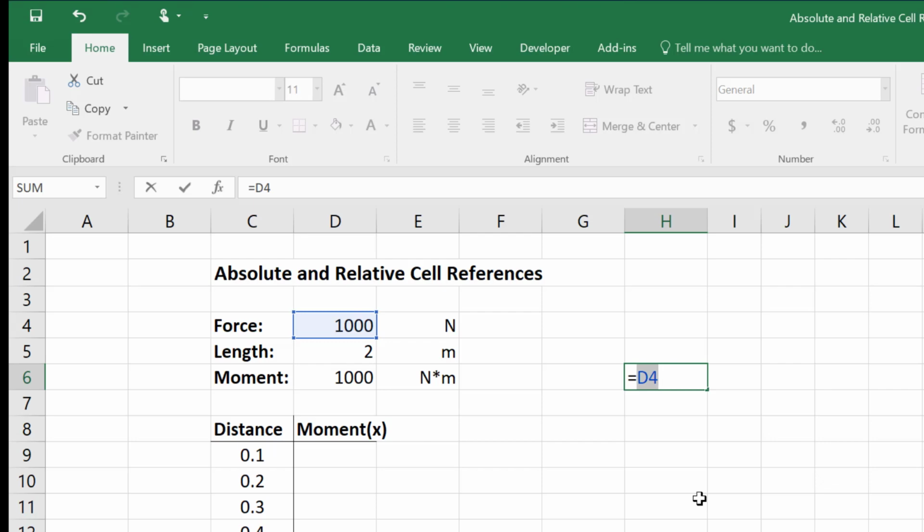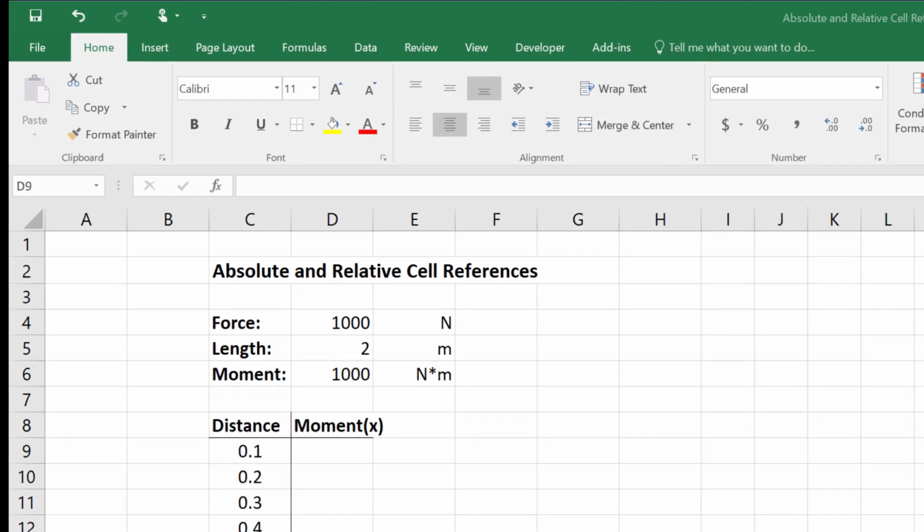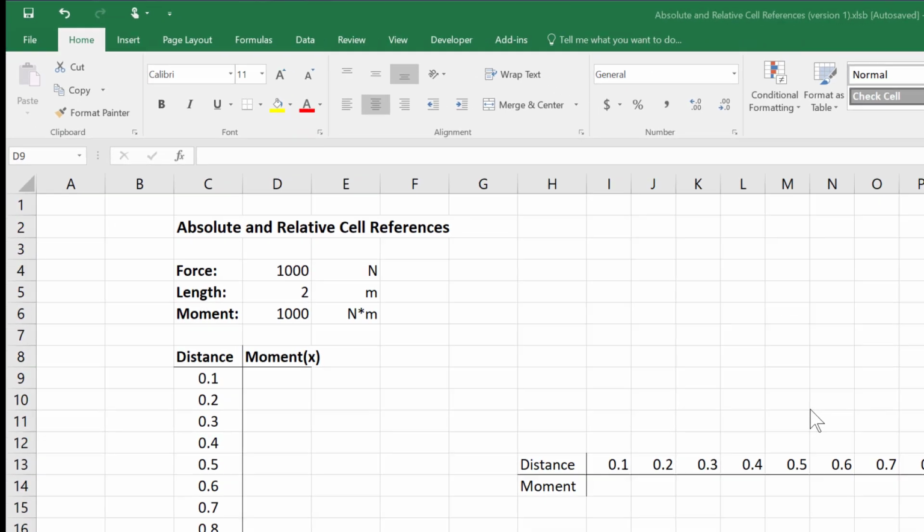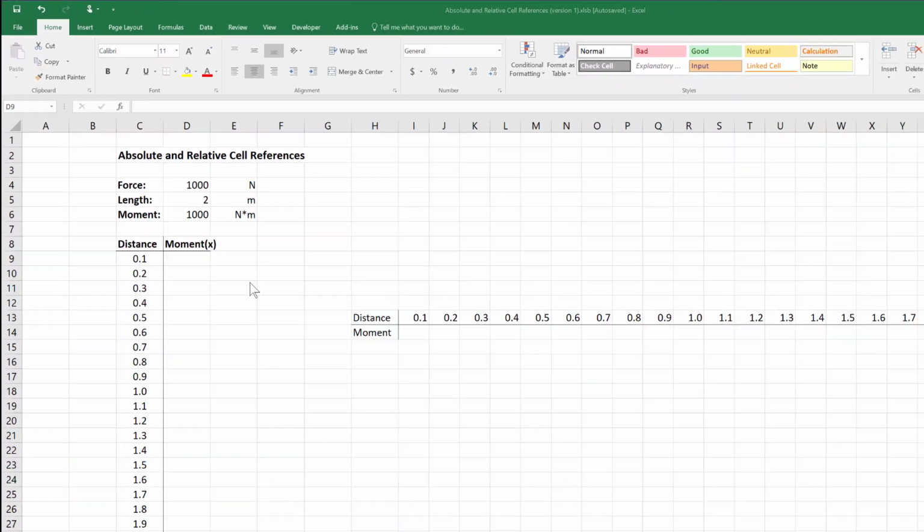And this gives us a lot of control and power when we know we're going to copy and paste that cell. If we're never going to move a cell, none of this really matters. But if we're going to copy and paste that cell, it's going to matter whether we're using an absolute or a relative reference. So I'm going to do something a little bit more adventurous here, is I'm going to copy